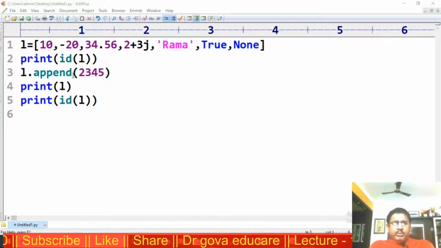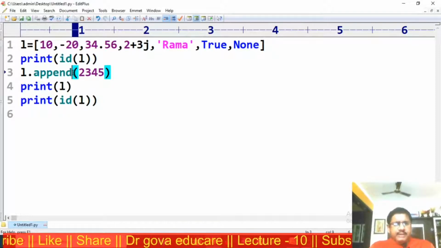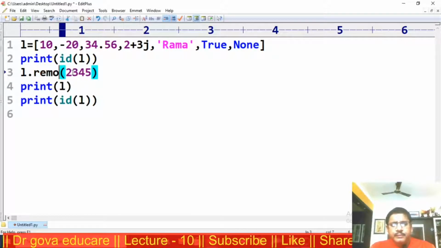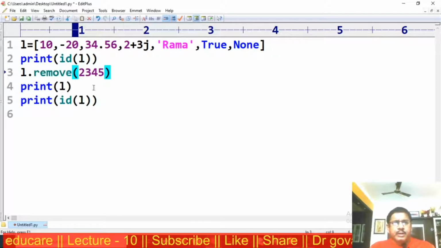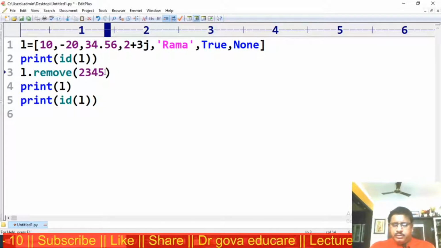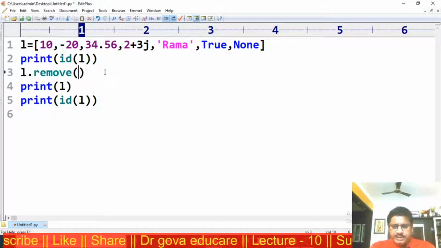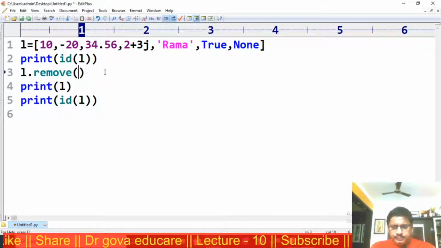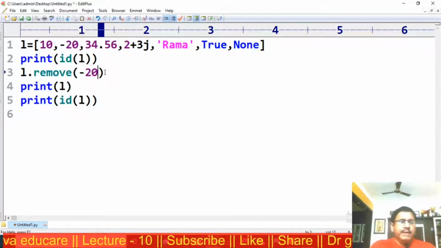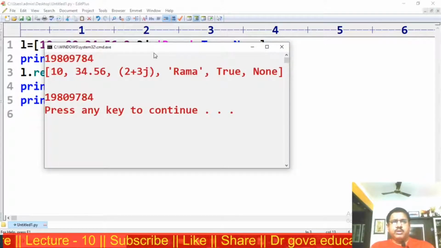Similarly, I am removing an element using the remove method. Remove -20. Now observe the output.